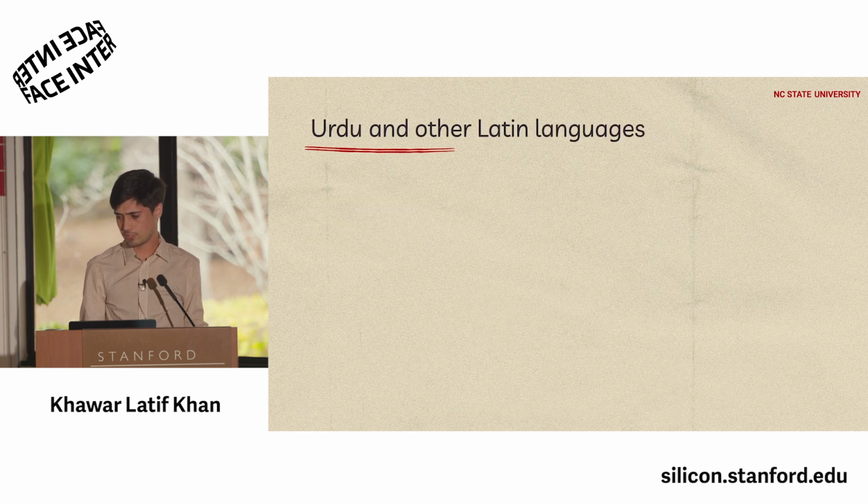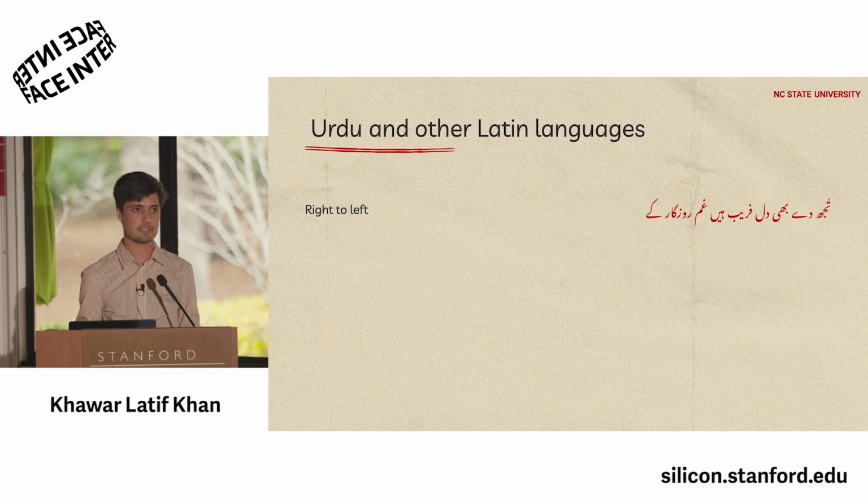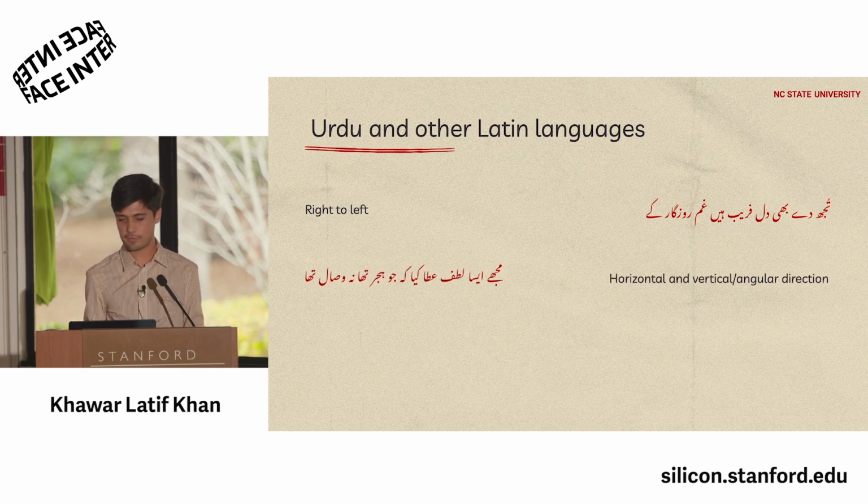And there are certain things which need to be considered when we talk about the Urdu language and its comparison with other Latin languages. One important difference here is that Urdu is written from right to left instead of from left to right. The other thing is that Urdu is not written just in a horizontal way. It does not just progress horizontally. There is a vertical or angular direction to it as well. As you can see here, when you type longer words, they just stack on top of each other,